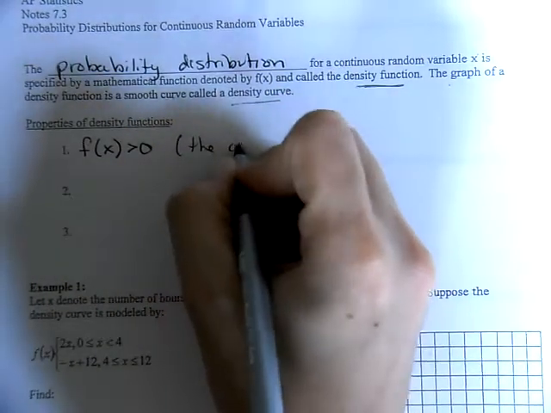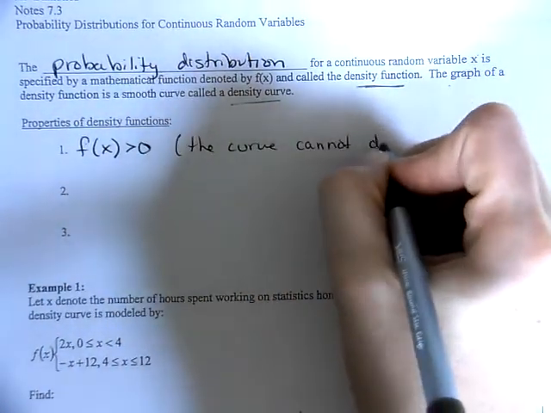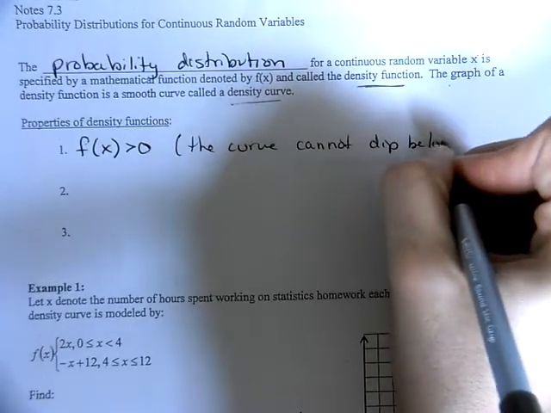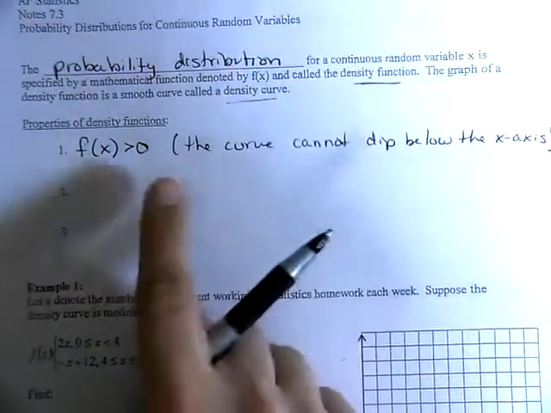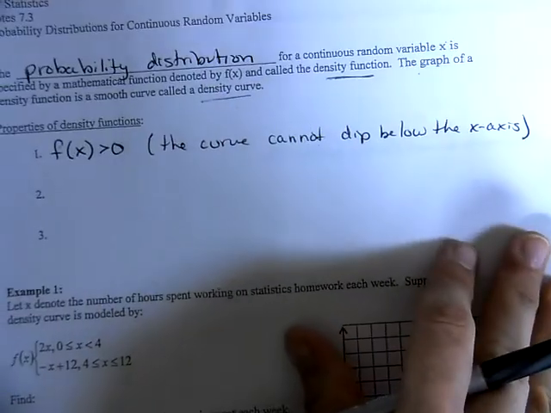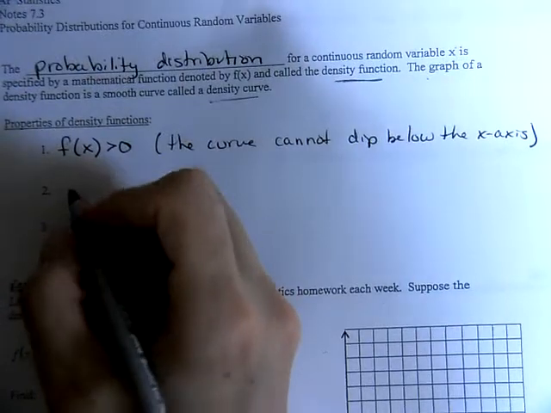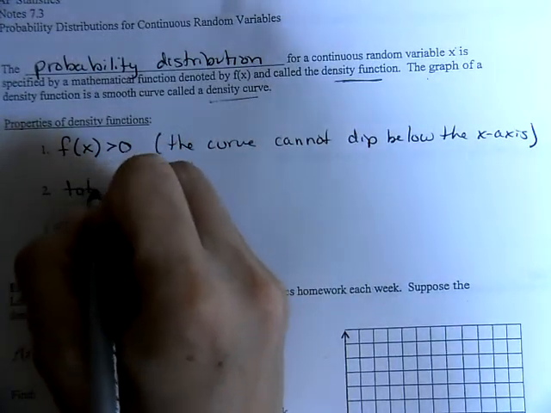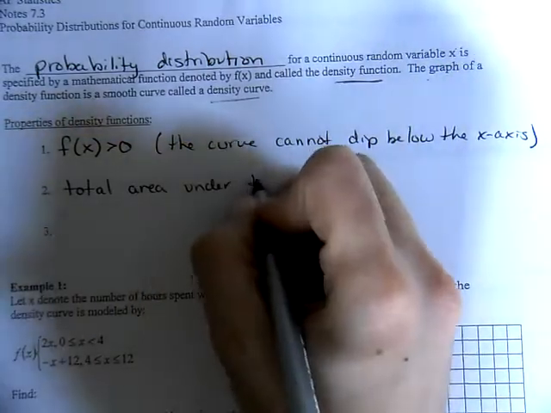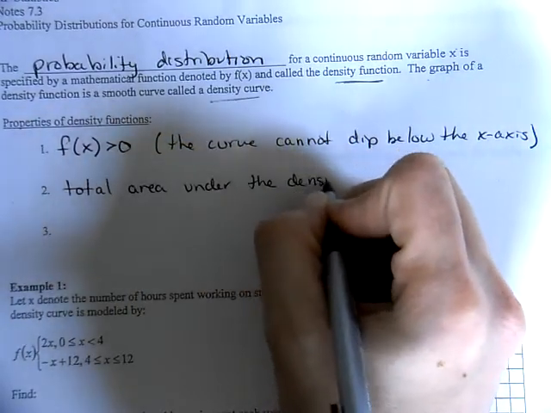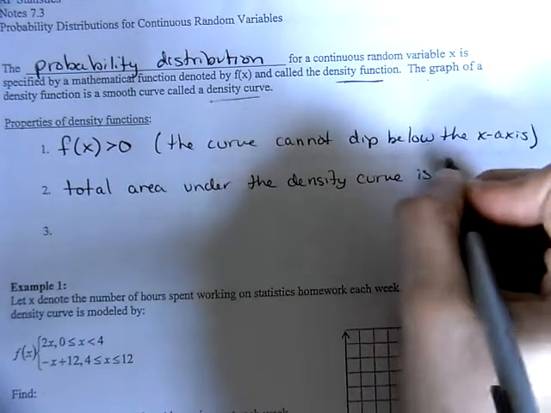So basically the curve cannot dip below the x-axis. So that's the same thing as when we said in our table, you can't have a negative probability. Same thing. The total area under the density curve is 1